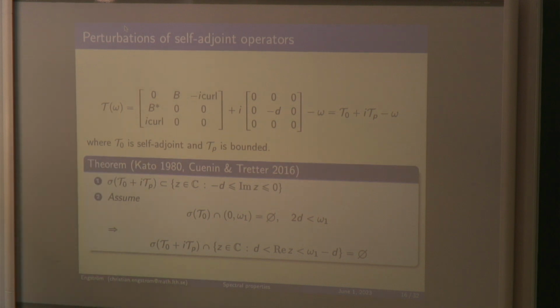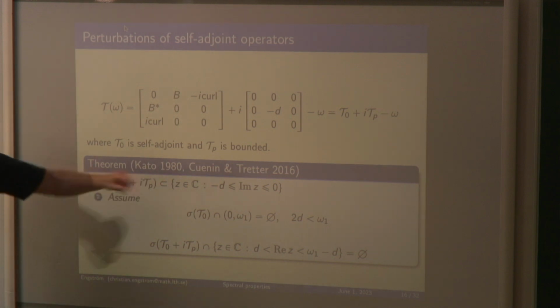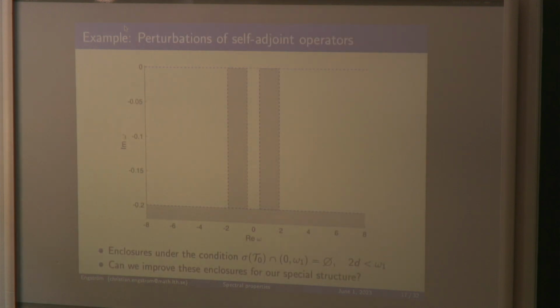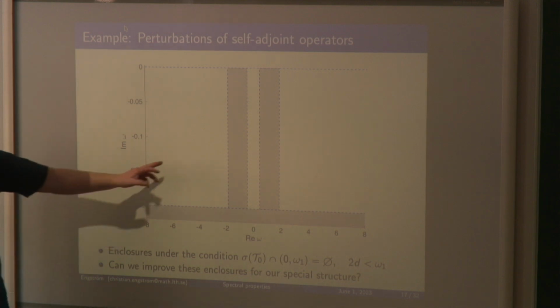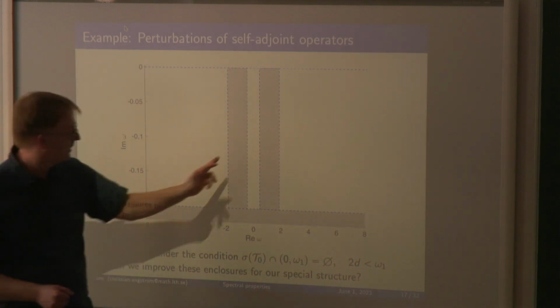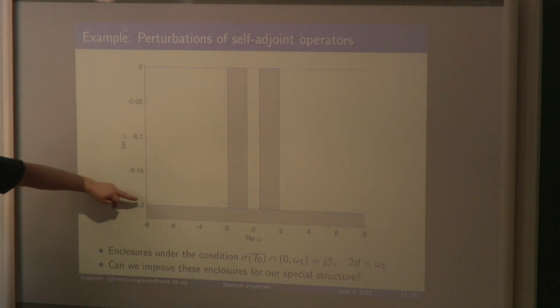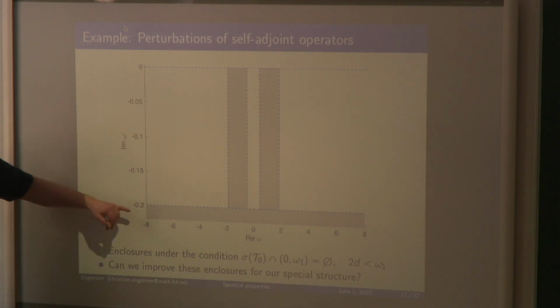Okay, and then the first thing you go to is, of course, Kato's book, but it turned out that Cerniň and Trette did something as well, a little bit more recently, 2016. I will not go through this, but I will show a picture of how it looks for a concrete case. It could look like this. I will use this several times. The spectrum could be in the white areas, so to infinity in this direction, in this gap here, and to the right. But it cannot go below 0.2 in the imaginary part